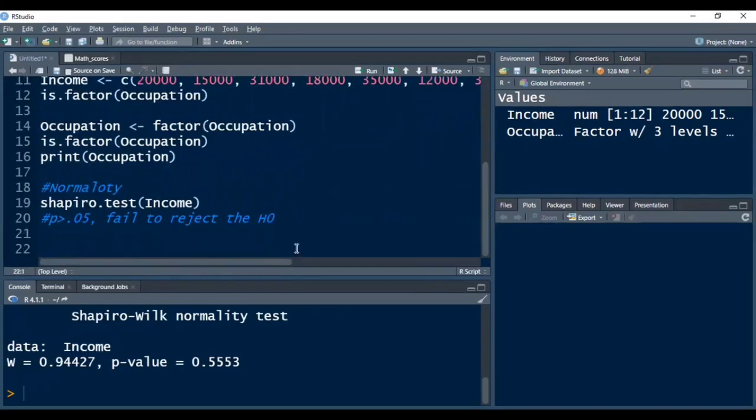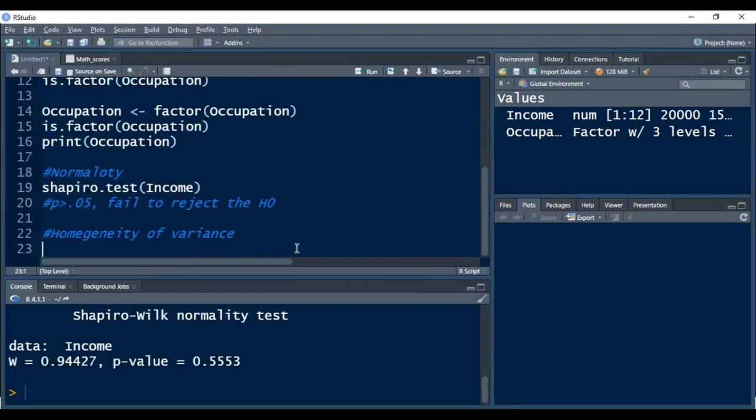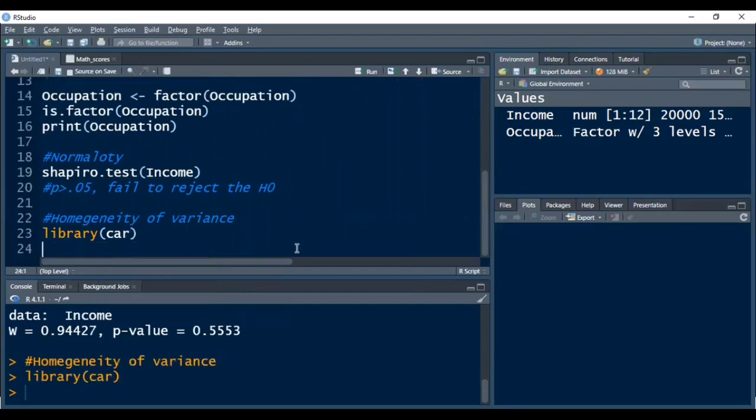Now I am checking the homogeneity of variance. So to check this, you need to use the library function. For car package, you can press Control Enter.